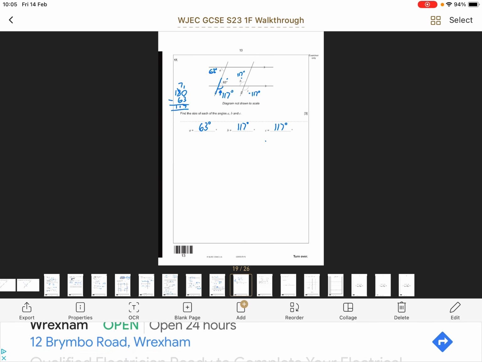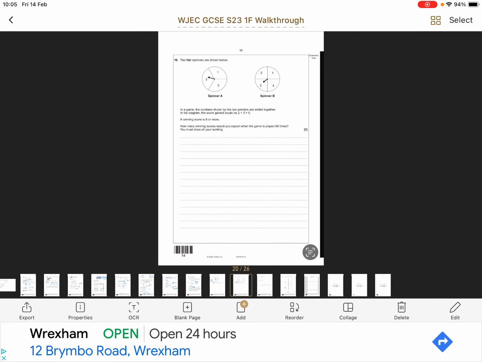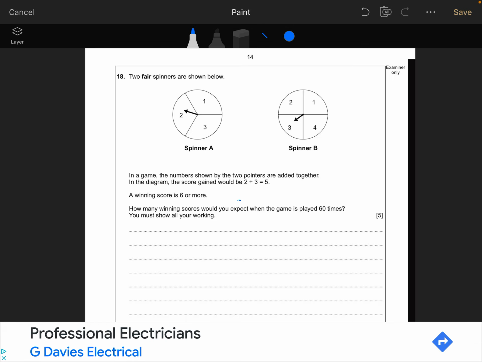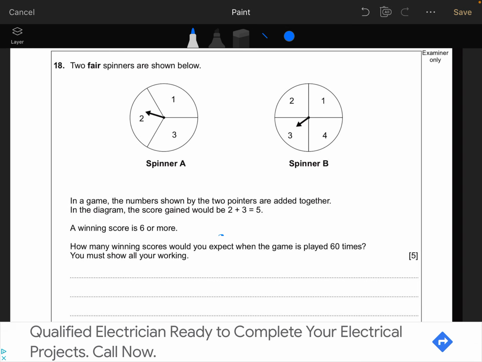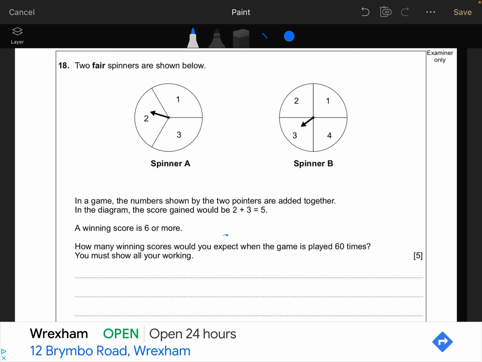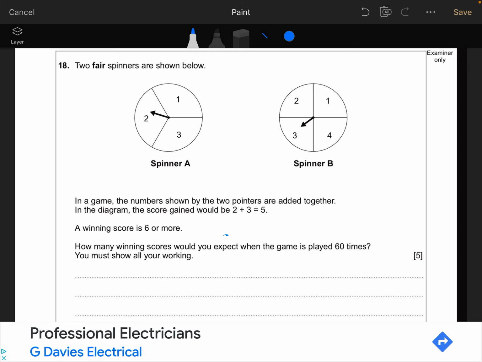Okay, moving on to question 18. 2 fair spinners are shown below. In a game, the numbers shown by the 2 pointers are added together. In the diagram, the score gained will be 2 plus 3 equals 5. A winning score is 6 or more. How many winning scores would you expect when the game is played